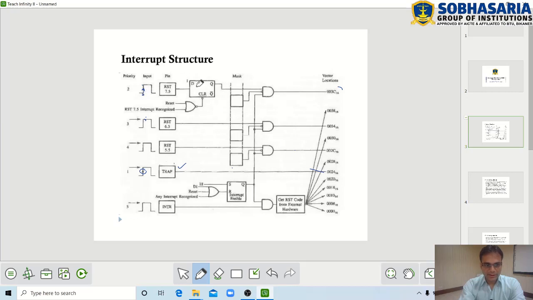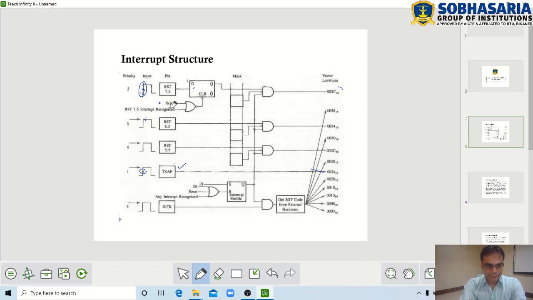Once it is received, there is a D flip flop which is going to lock this input received through RST 7.5. So if this positive edge is received, it will be locked by the D flip flop here, right, until the TRAP is serviced, of course. So here you can see this D flip flop can be cleared if reset is done, if the microprocessor is reset here, or the RST 7.5 interrupt is recognized.